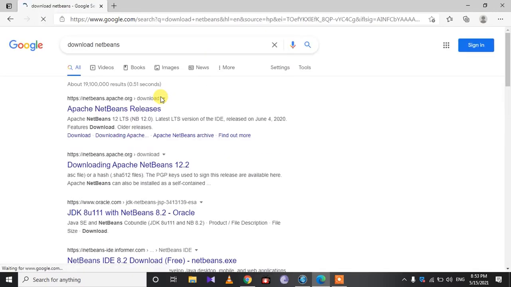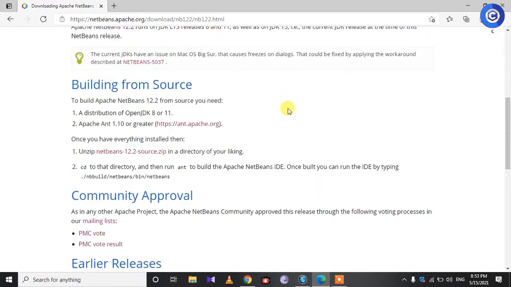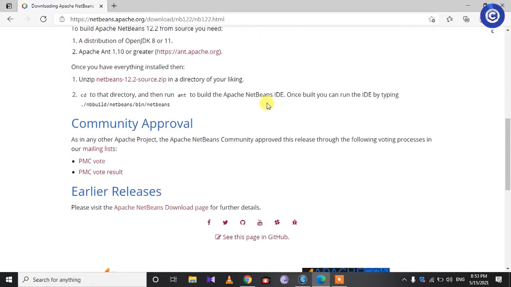Next I am clicking on the second search result on Google. Now I have entered the NetBeans download page. You can see the types of the latest NetBeans IDE. I am clicking on Apache NetBeans 12.2 bin Windows x64 exe to download the NetBeans IDE because I am using